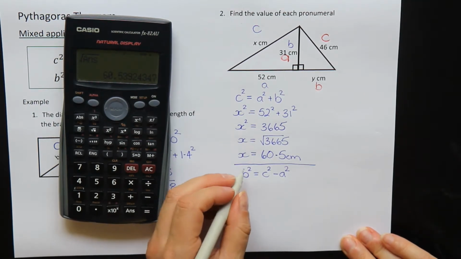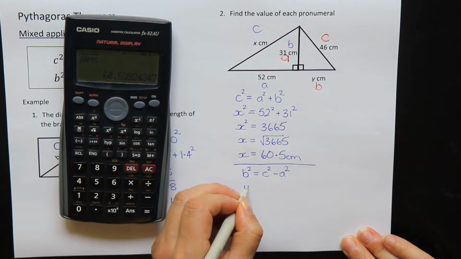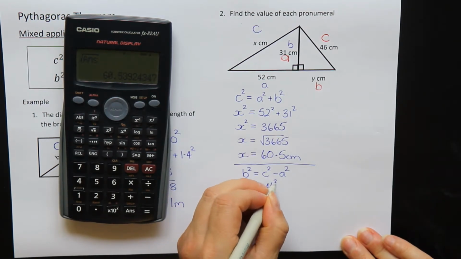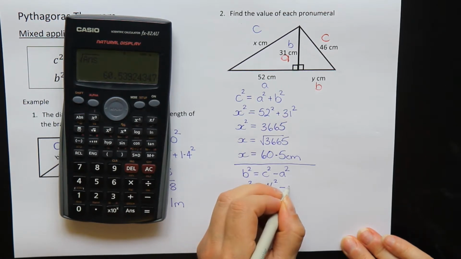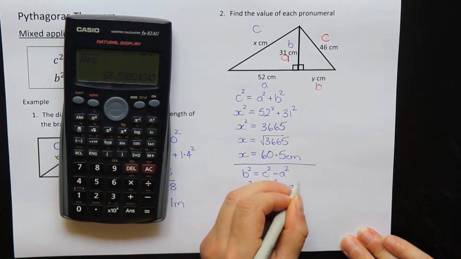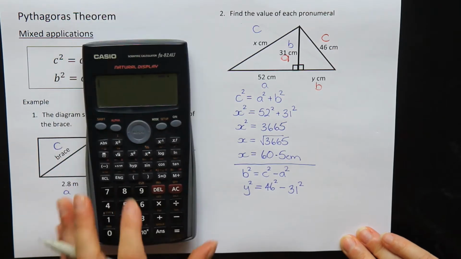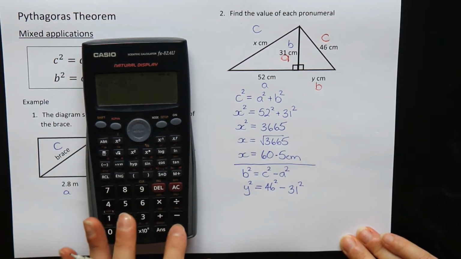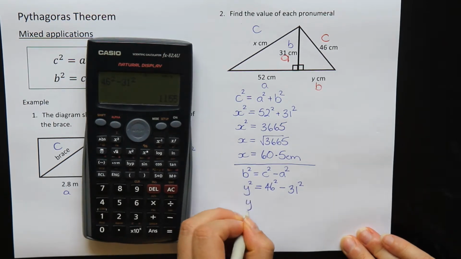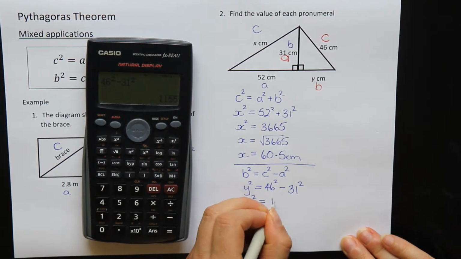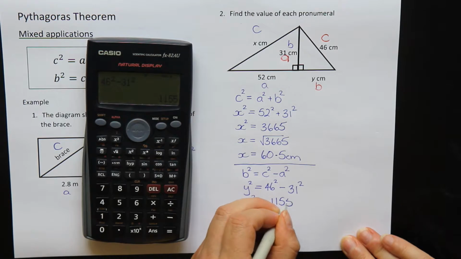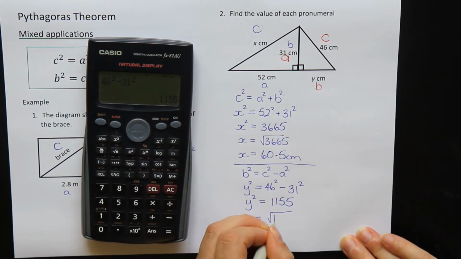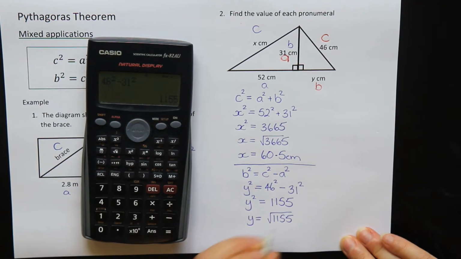Let's substitute in. B is equal to y, so y squared equals, the hypotenuse is 46 squared minus my shorter side, 31 squared. Let's type that in. 46 squared minus 31 squared equals, y squared equals 1155. Get rid of the squared, so next we have to square root 1155